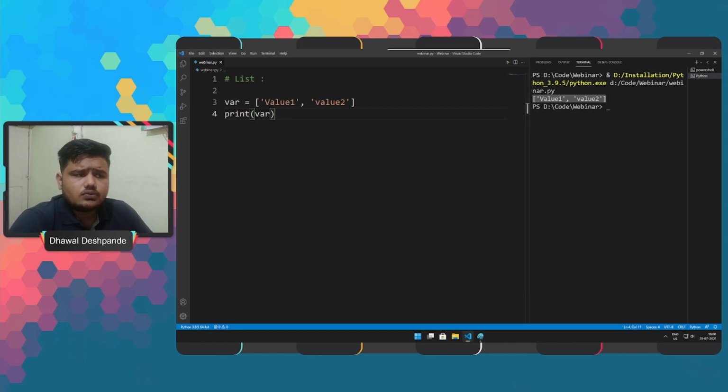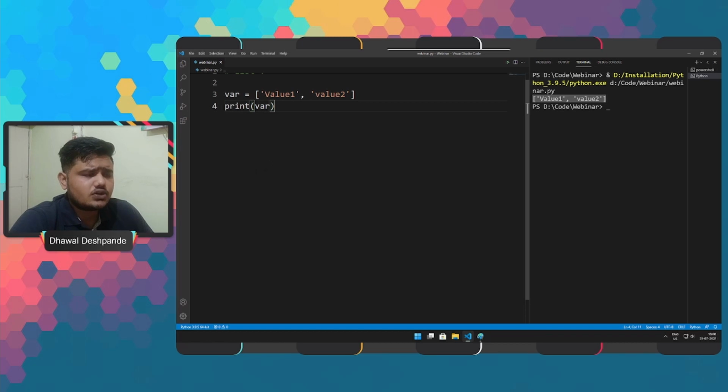So when we talk about the items or the values that we are providing in a list, there are certain pointers that you should keep in mind. First of all, the items in a list are ordered. When we say ordered, it means that the items have a defined order and that order will not change.